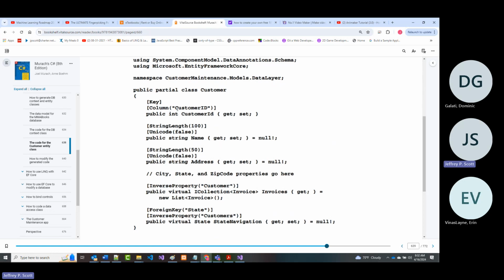So in here, if this was called FirstName, capital F-I-R-S-T, capital N-A-M-E, you might have changed the column to First Name, with a capital F, space, and a capital N. That's how this is typically used. All right. Okay. Then this right here says that the maximum length for this will be